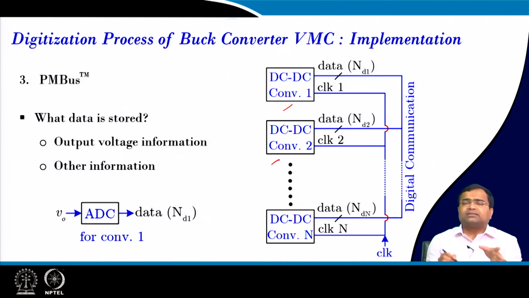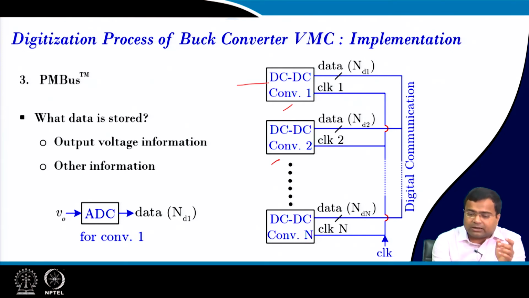Suppose each converter is rated at almost the same power level, and they are operating under nominal power. That means their switching frequencies are more or less fixed. Then you can shift the clock in such a way that we can optimize the ripple parameter of this converter, because